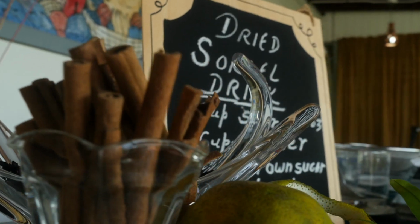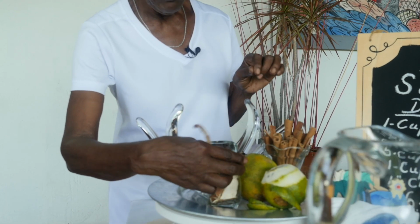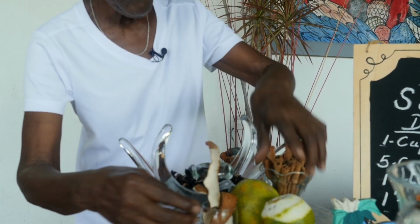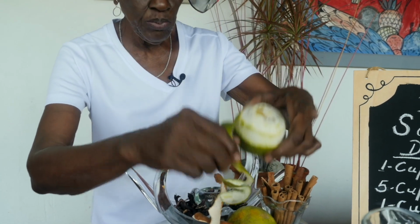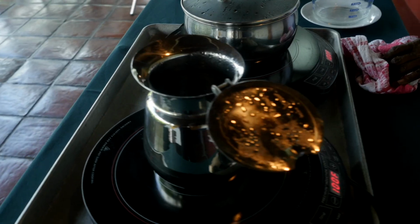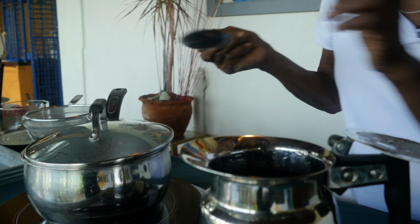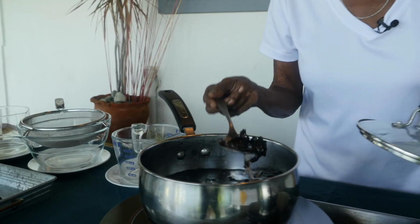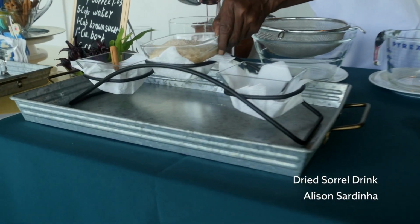We would be using cinnamon and clove with our dried sorrel. We would also have used in the past dried orange peel, which you normally get from an orange. You peel it and you put it to dry, and this is the result, a dried orange. Our drink would consist of the drawing of the sorrel, and then we also make syrup, which would consist of